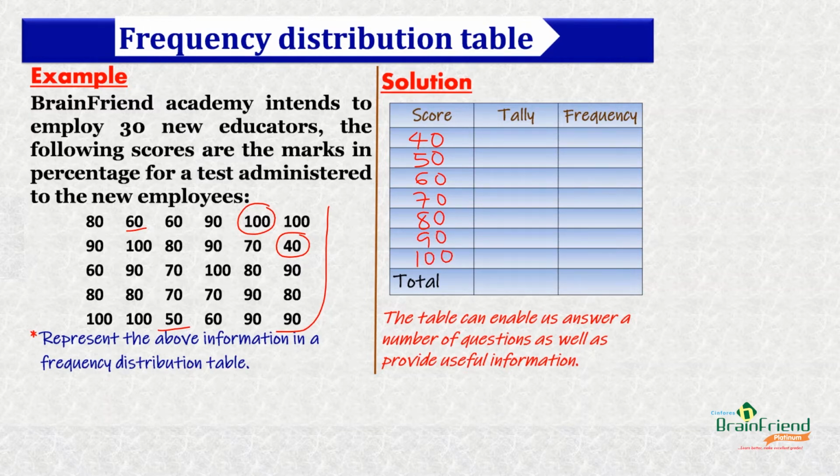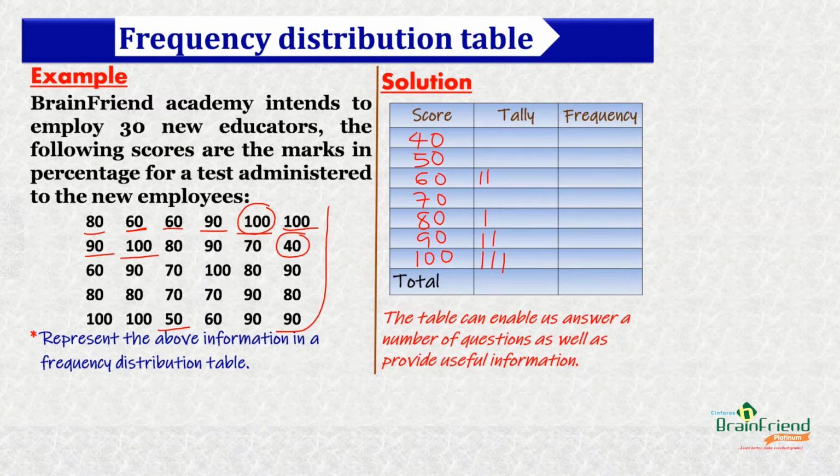Now, we must go through the data one after the other to represent each score with a tally mark. Now, to do this, we'll find it much easier and organized to go row by row. First, we have 80. So we make a stroke for 80. We have 60. We have a stroke for 60. Another 60, 90, 100, 100, 90,